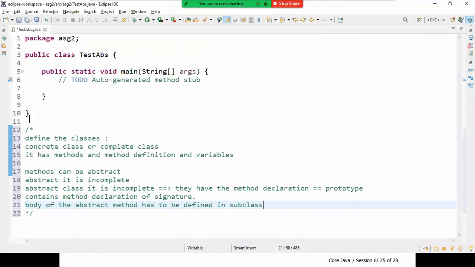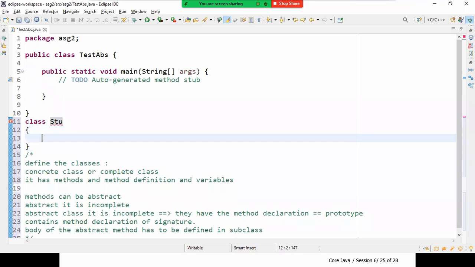I'll take a simple example, and then we'll discuss where exactly we use them. Let us say I want to create a class called student.